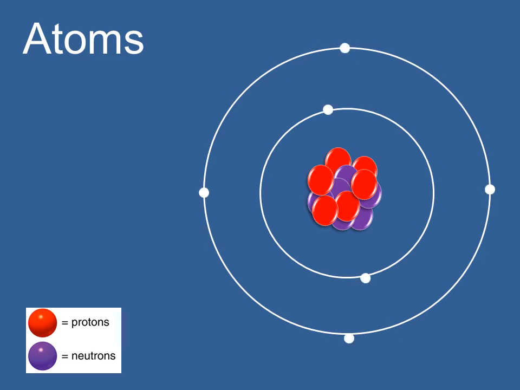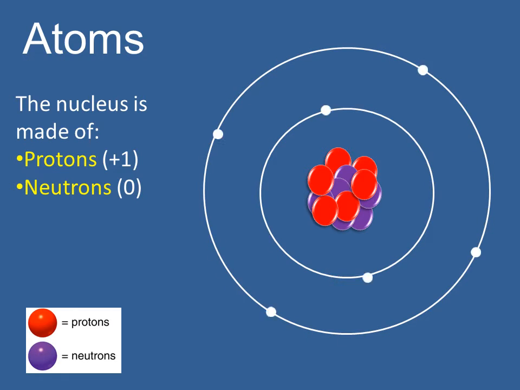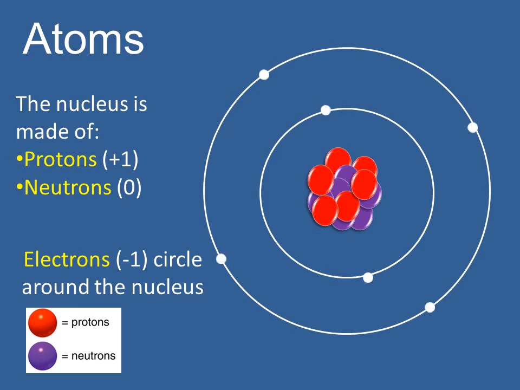Atoms are the individual particles that make up all matter. At the center is a dense nucleus made up of protons and neutrons. Protons are positively charged particles and neutrons are neutral, or they carry a zero charge. Spinning around the nucleus in more of an electron cloud are these tiny particles called electrons, and each of these